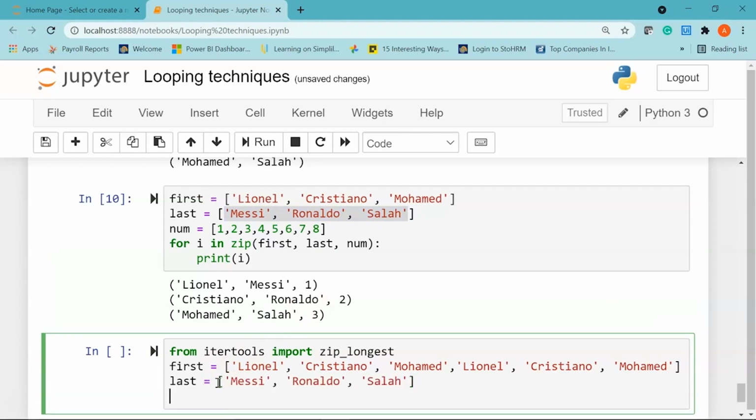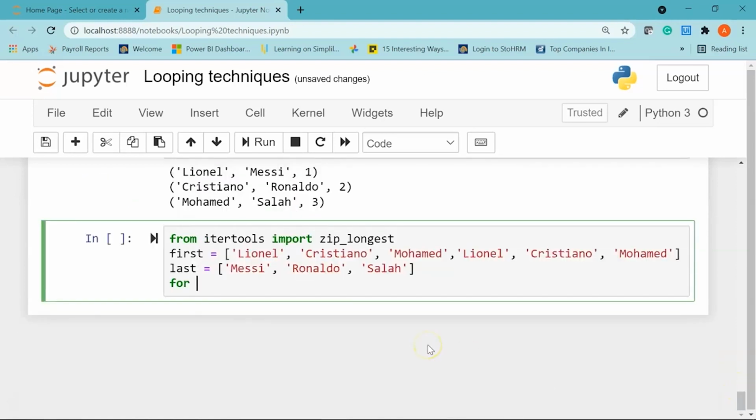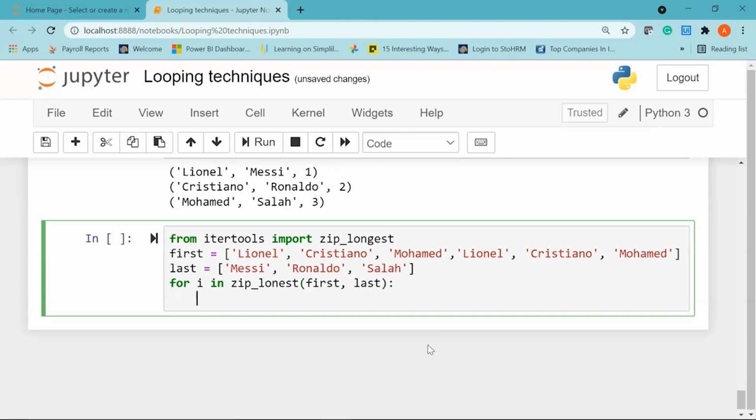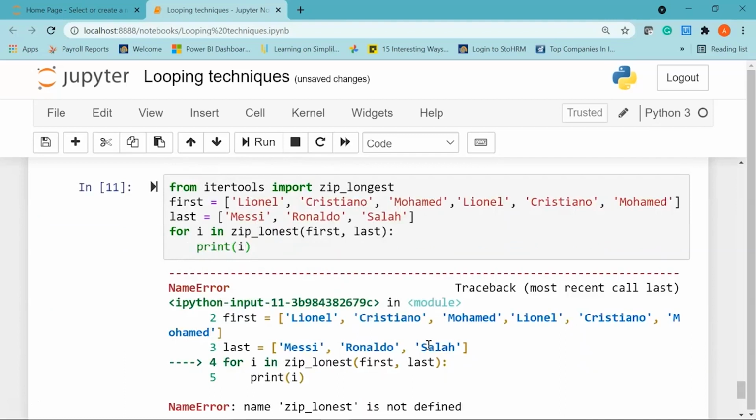Now I'll say for i in zip_longest, within brackets first, last. We're going to print i. Let me run it and show you the result.